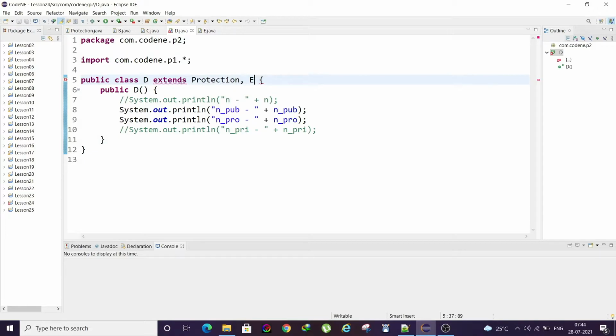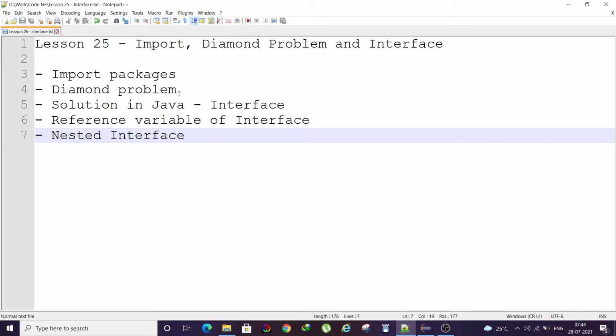What will happen? Immediately it will throw a syntax error, because Java expects that after you extend a single class, you immediately start defining the body of the class. You cannot write another class, you cannot extend. In C++ we used to write this, but even then an error will be thrown. That means Java does not support multiple inheritance. Why is that? Because in multiple inheritance there is a daemon problem.